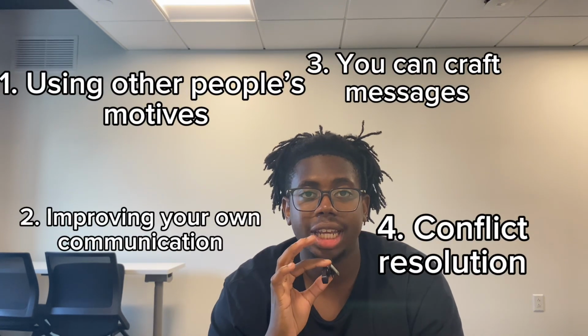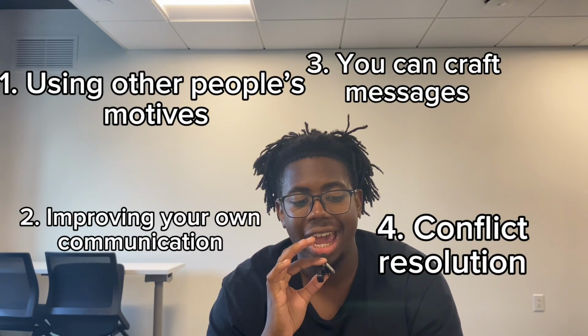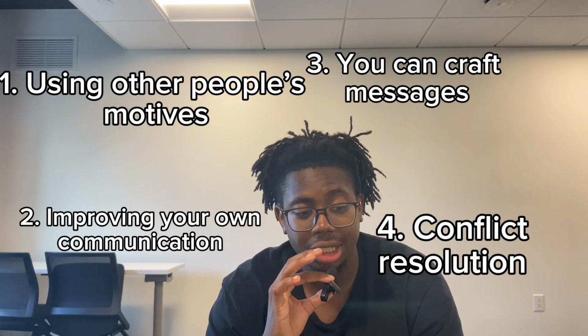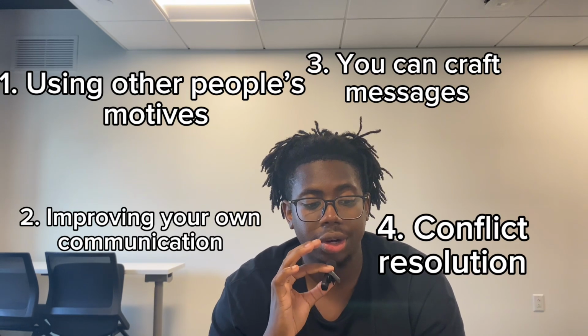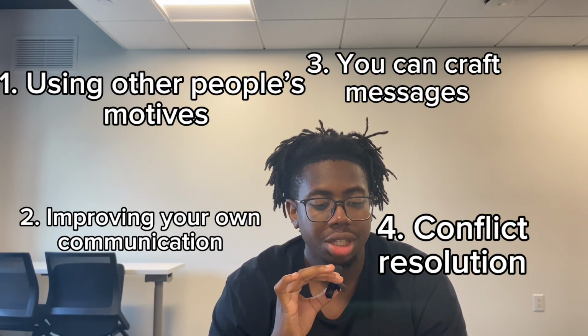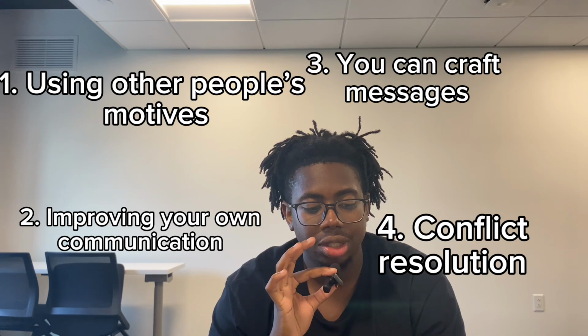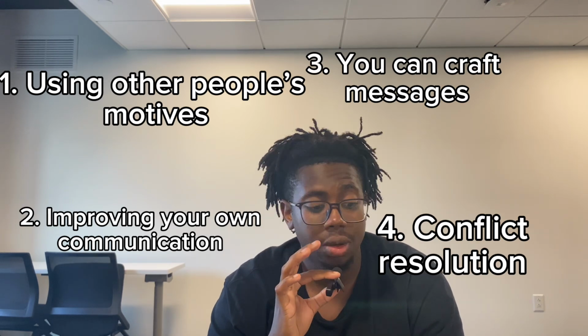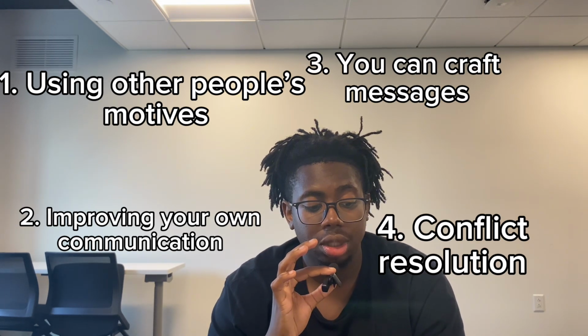There are 4 ways to do this. You can understand other people's motives, which means using the dramatistic pentad, improve your own communication, which means structuring your explanations clearly, craft messages that focus on communication as well, or use conflict resolution. When it comes to understanding other people's motives, you could simply think of it like this. You could think why your friend canceled plans or why a coworker reacted emotionally. It gets the gears turning.